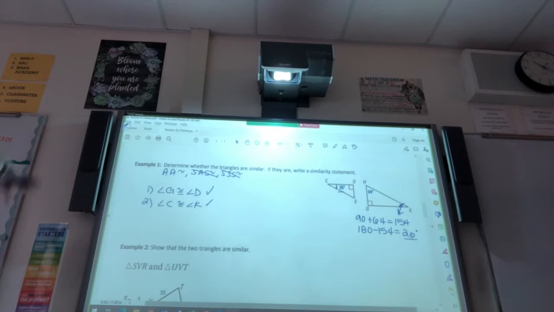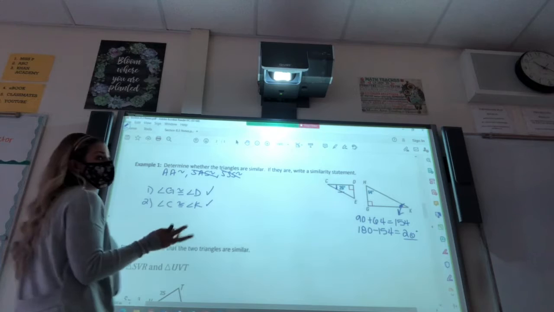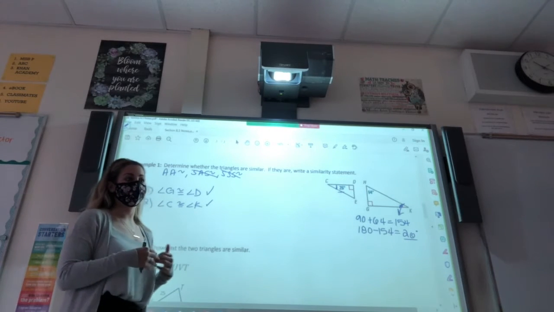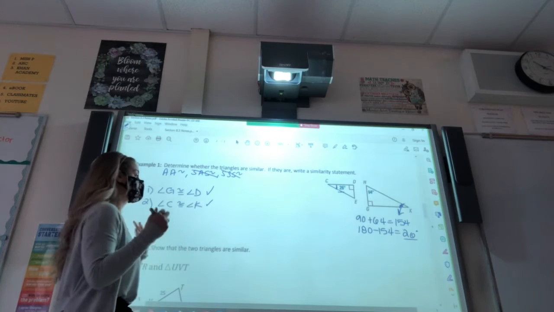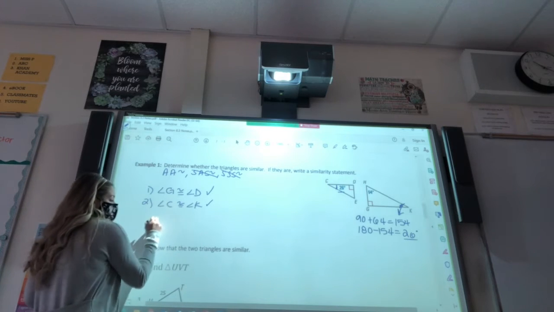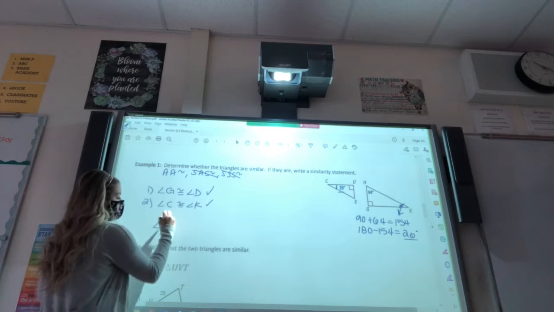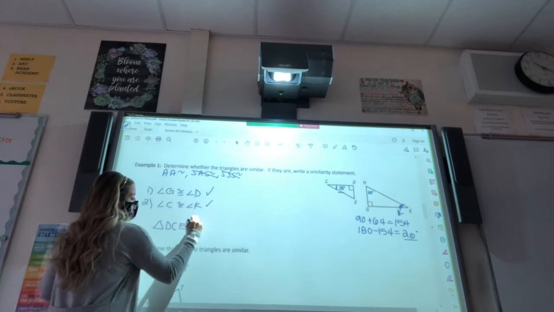Okay, so now that I have two pairs of angles that are exactly the same, that's enough to stop right there and say I have similar triangles. So it's much shorter than what we've been doing before. So I need to write my similarity statement. So triangle, let's just say DCE, is similar to,